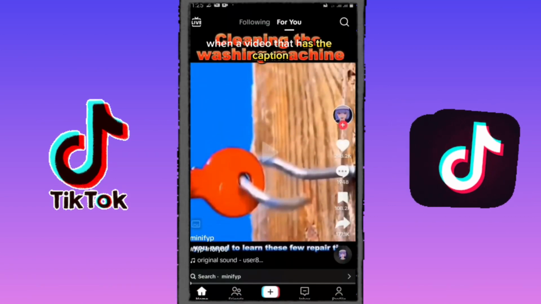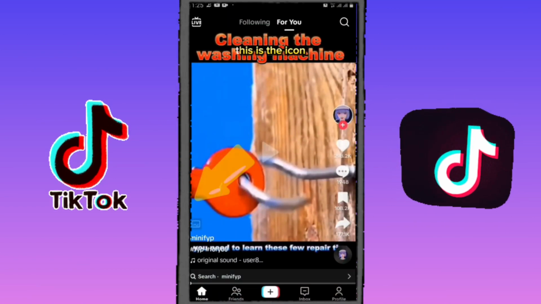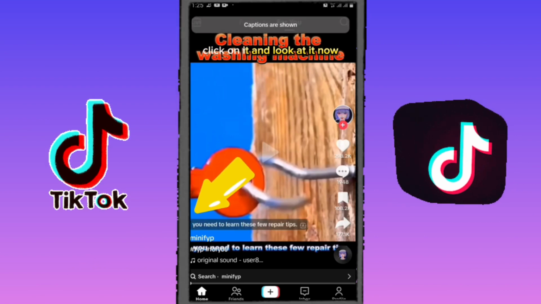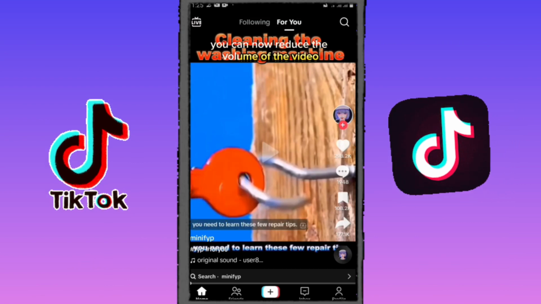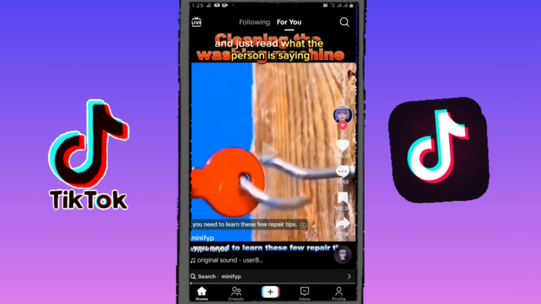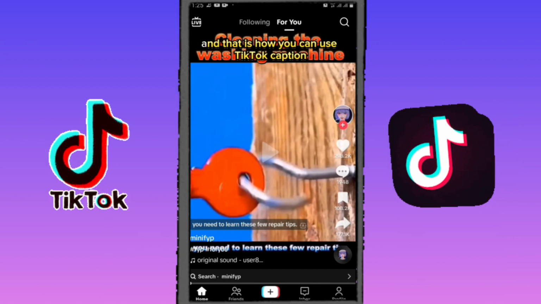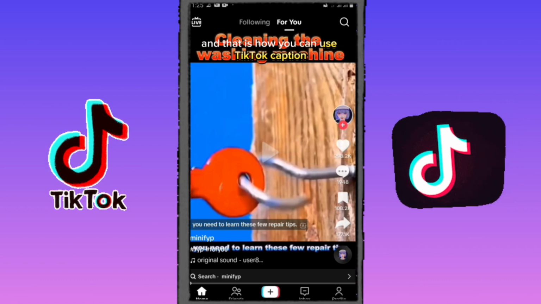When a video has the caption, you notice it right here. This is the icon. Click on it and look at it. Now you can reduce the volume of the video and just read what the person is saying, the caption, and that is how you can use TikTok